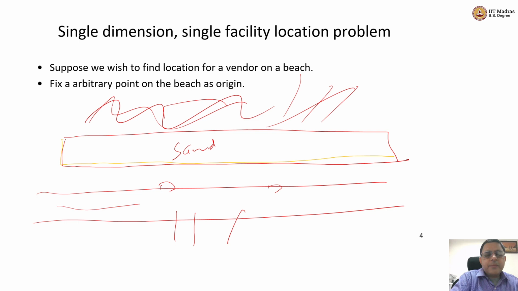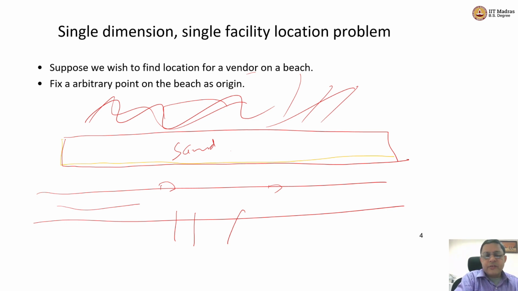Now think about a bhaji vendor, right? Think about a guy who wants to sell butta. I hope you have eaten a butta on a beach, right? Nice things to do. Right, let us say that there is a vendor who is selling balloons, for example, right, on this beach for the kids to play with, right? You often see them on the beach, balloon sellers. Now let us say that there is a vendor who is trying to decide where should I stand, right? I'm a single vendor, right? I probably